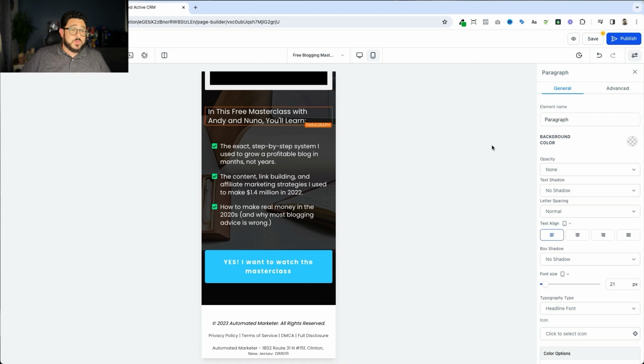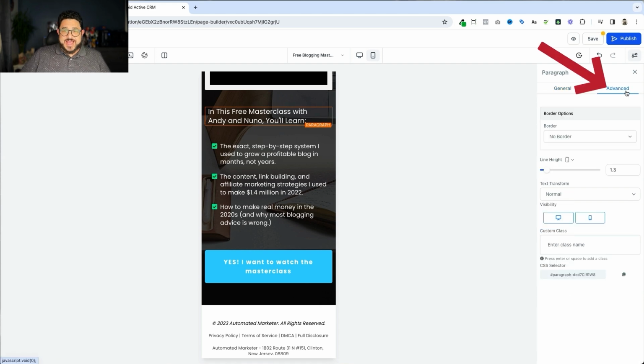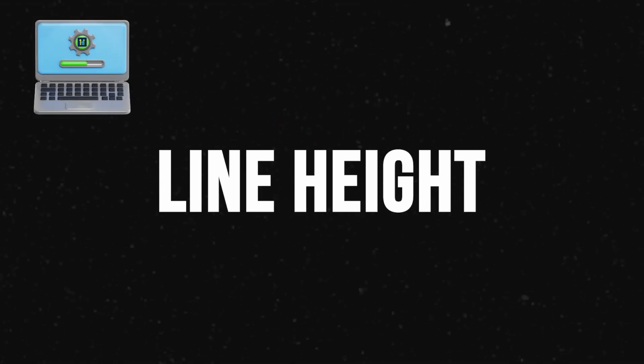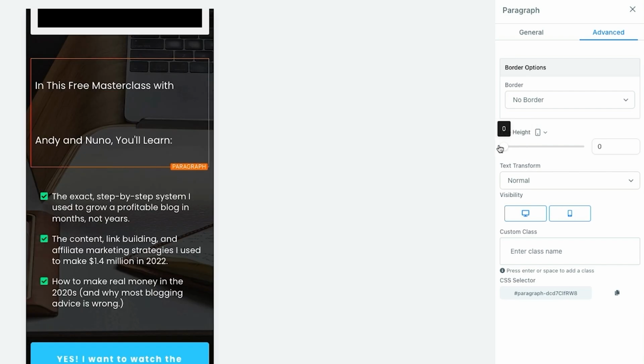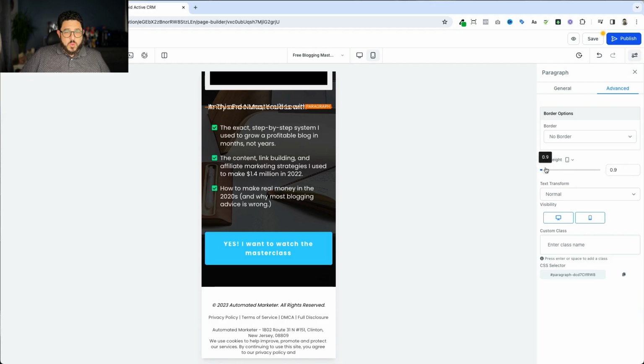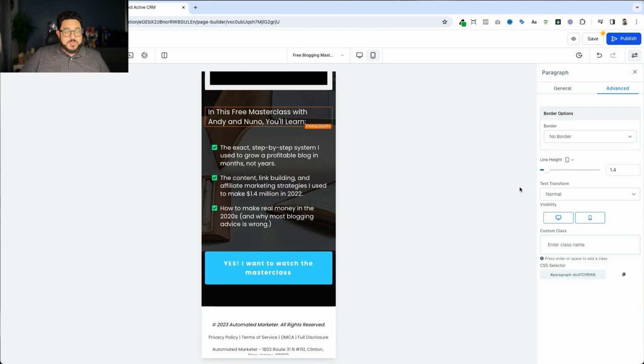And then the last one we can do is inside the Advanced tab, we can choose the line height. Right now we have a mobile line height of 1.3. Now, line height is the space in between the lines right here. As you can see, I can make it bigger or smaller. So I'm going to go back to that, let's call it 1.4, but maybe I want it to be